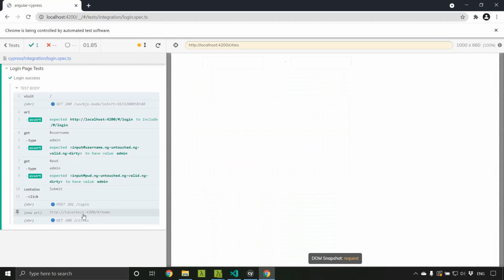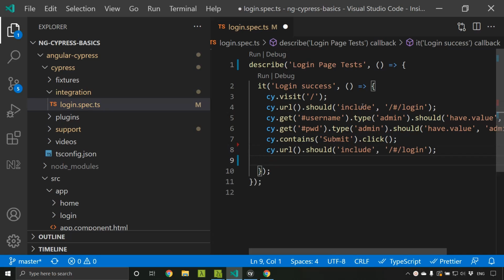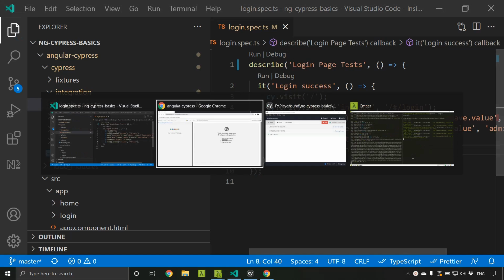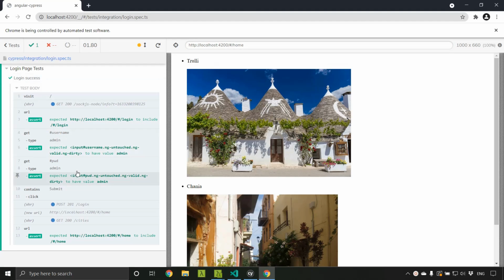You can see that once it got clicked, it automatically navigated to the next page. And before that, the network call, the /login API call, was made. Once it returned a true value, it automatically navigated to the next route, that is the home route. So now let's complete our initial test case by validating that we are currently within the home route. I am again using this URL method and asserting that I am currently in the home route. Here you can see that our initial test case is completed successfully.